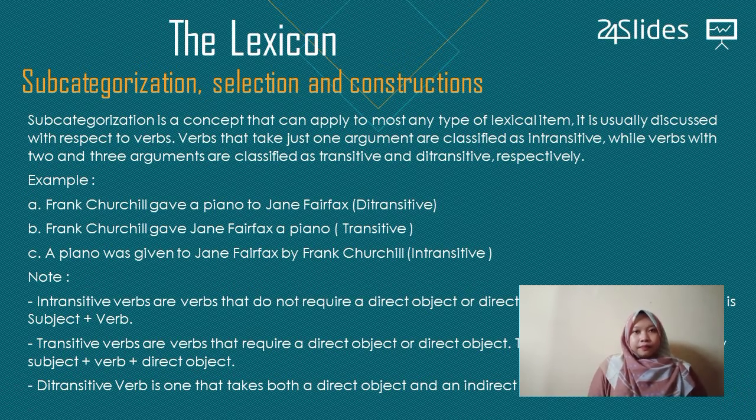The notes. Intransitive verbs are verbs that do not require a direct object. The sentence pattern is subject and verb. And the next, transitive verbs are verbs that require a direct object. The sentence pattern is usually subject, verb, and direct object. And the last, the ditransitive verb is one that takes both a direct object and